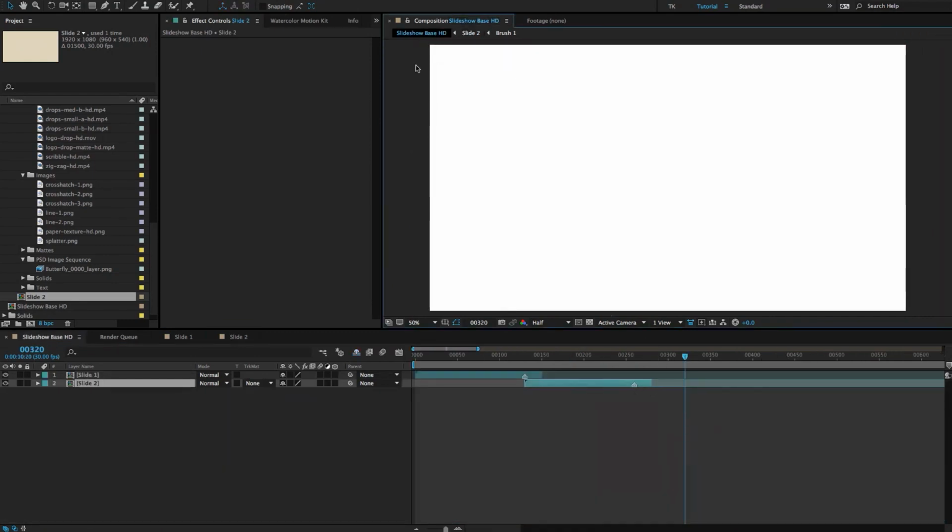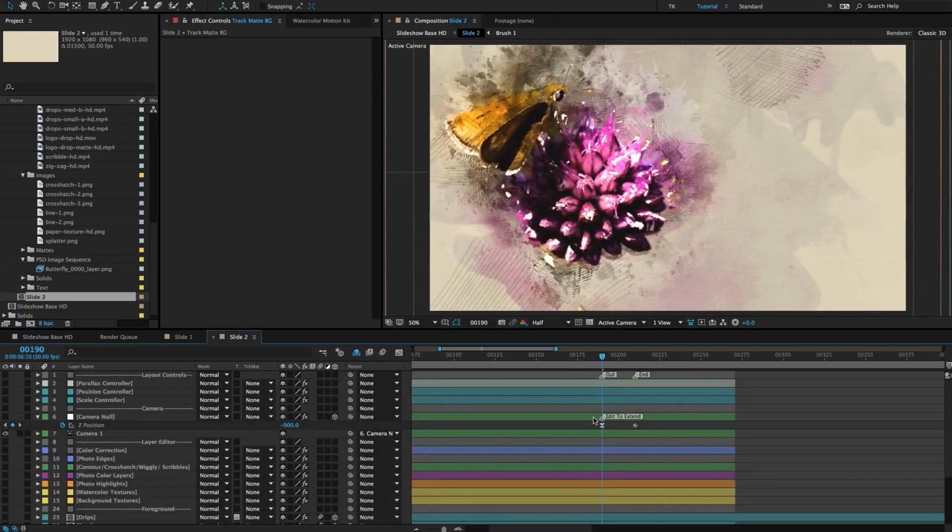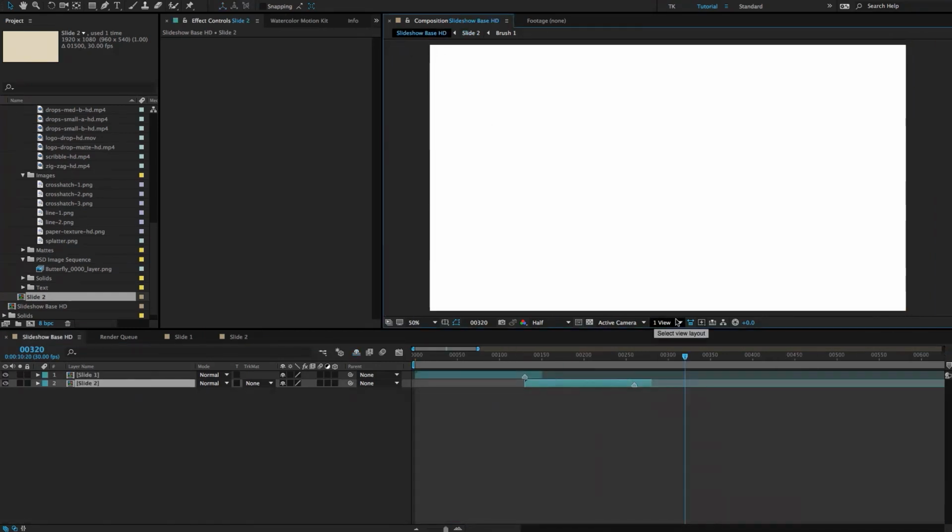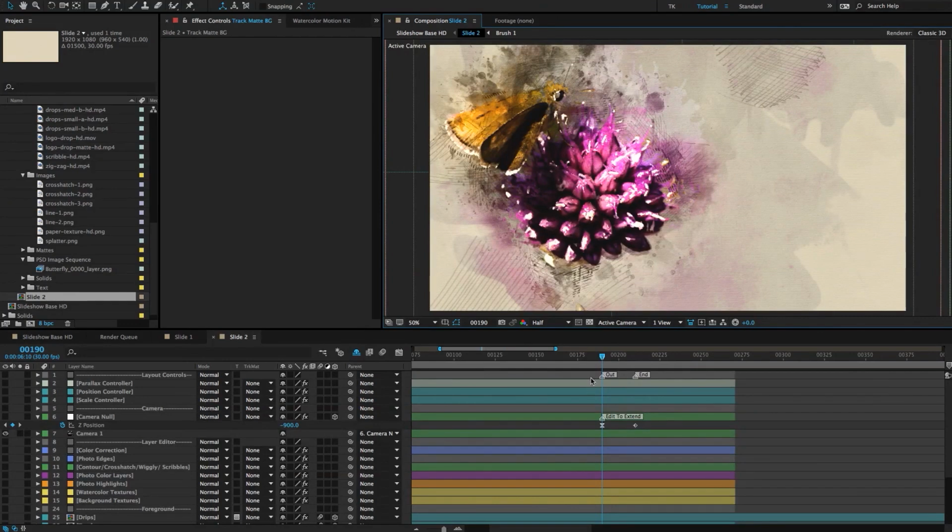current time indicator. And it's really cool how, we'll go back in here. When you have the current time indicator in a certain position and you go up one composition within the hierarchy, the current time indicator updates from where that composition was. That sounds kind of confusing, but just know that the current time indicator is where we need it to be, basically. So go back into slide 2 and, making sure that your current time indicator is on the out